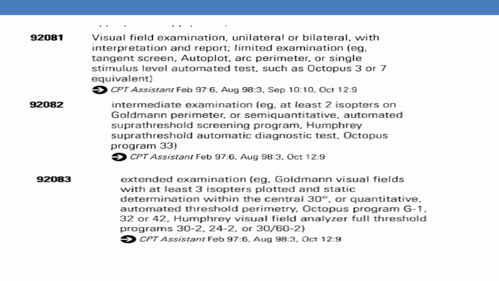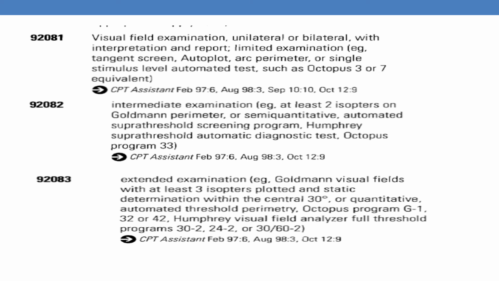The next CPT is 92081. It is given for visual field examination, unilateral or bilateral, with interpretation and report, limited examination. For example, tangent screen, autoplot, arc perimeter or single stimulus level automated test such as Octopus 3 or 7 equivalent. And for intermediate examination, the CPT is 92082, and for extended examination, the CPT is